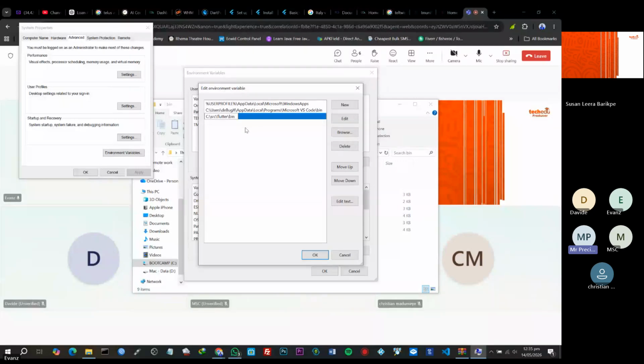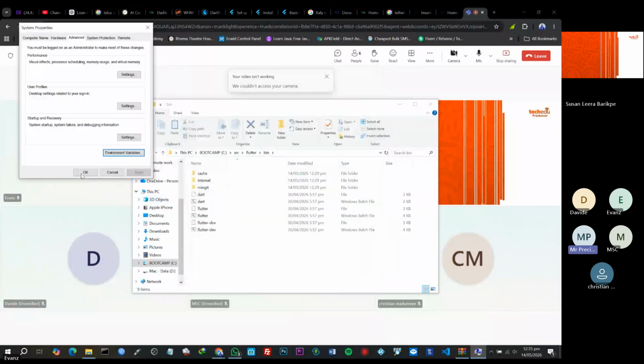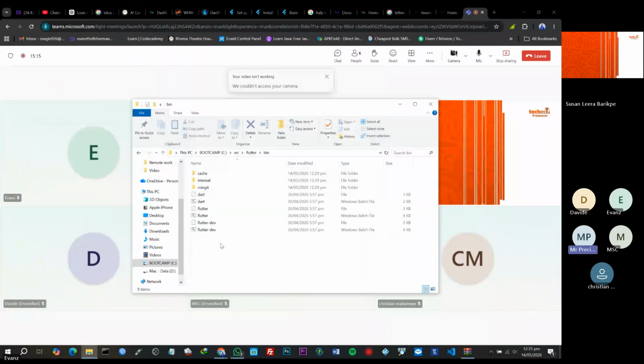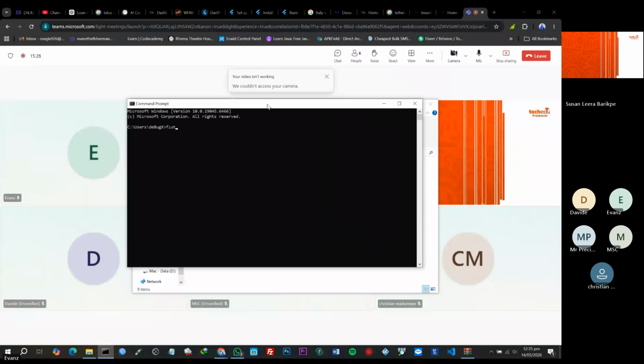The reason why you're doing this is so that you're able to run Flutter commands in your command prompts. So you can tap on OK at the bottom of this current window. Tap on OK, OK. Now that you've done that, you can open your command prompt and type flutter dash